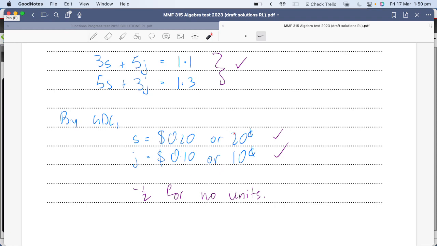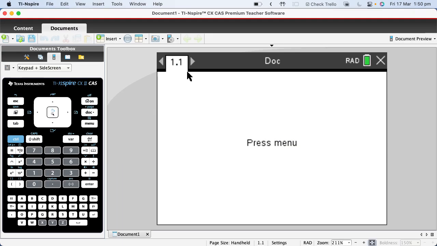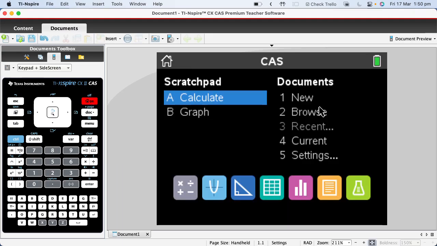So either like that or like that is fine. But saying S equals 20 and J equals 10 and leaving it there with a full stop would have cost you half a mark. Okay, so if I was doing this on my GDC, I would just be going to